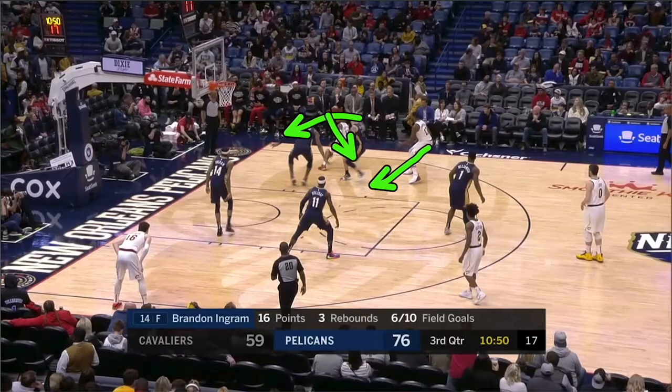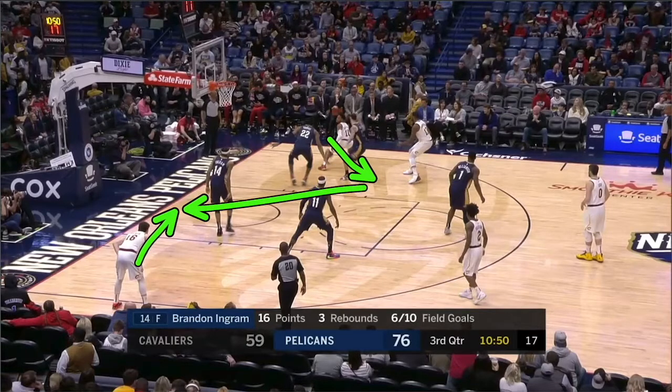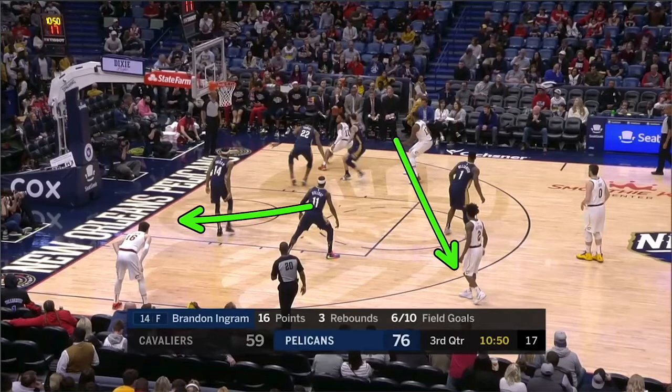But look, once we pass through here, you force backside help to step up, and now it's just a short roll right into Cedi Osman for a 3, or if he does what I would really want him to do, he would cut, and then you go right from Tristan Thompson here to this cutter for a dunk. Okay, or if that cut occupies this defender, then we're right here for a catch-and-shoot 3.